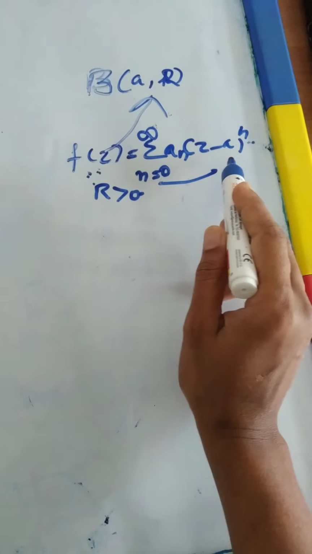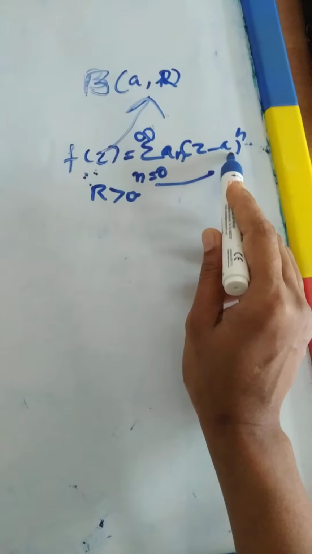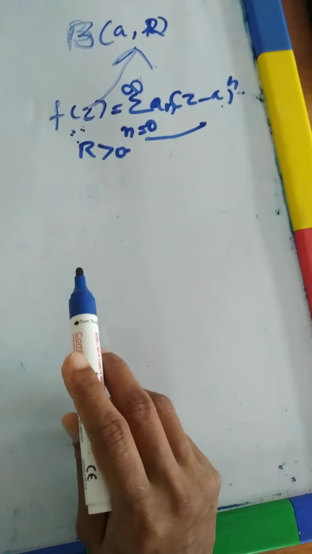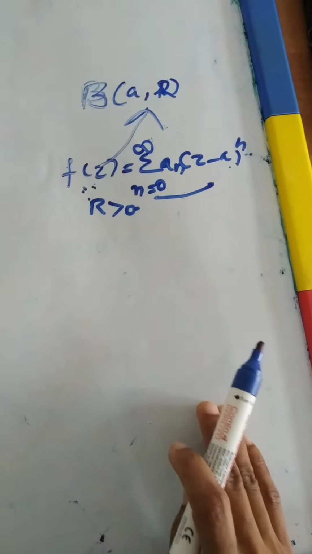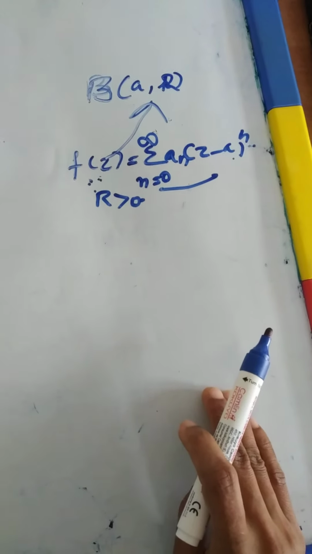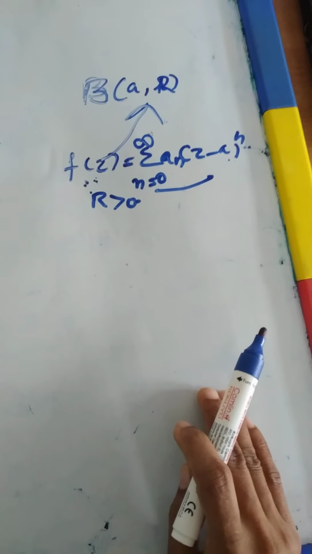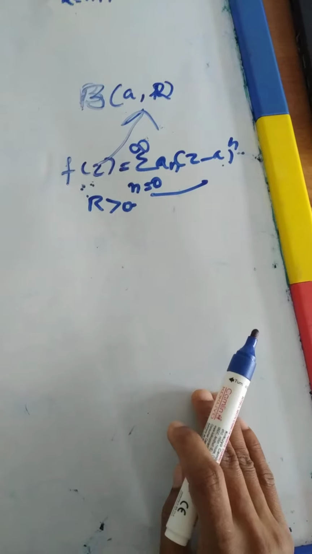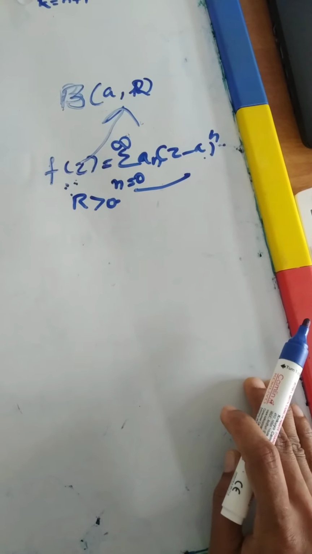a is the center of the series. R is the radius of convergence. So f of z is analytic. Infinitely differentiable means it is analytic. So in the second part we need to show that f of z is infinitely differentiable. Infinitely differentiable means f dash of z exists, f double dash of z exists, etc. And that derivative must be equal to,